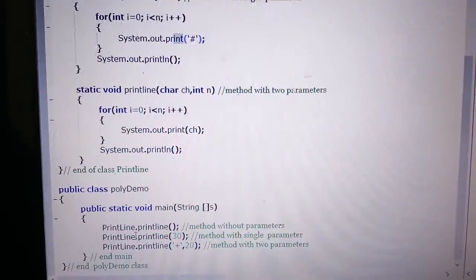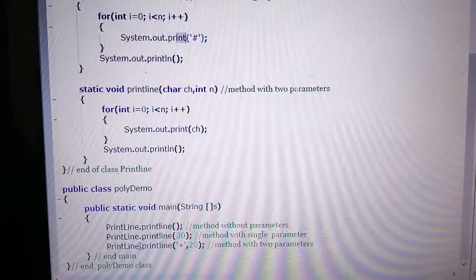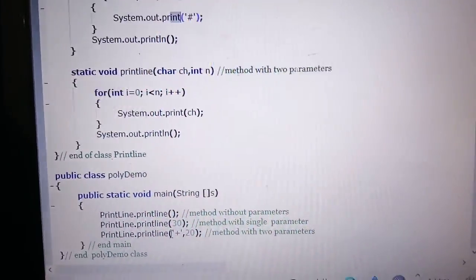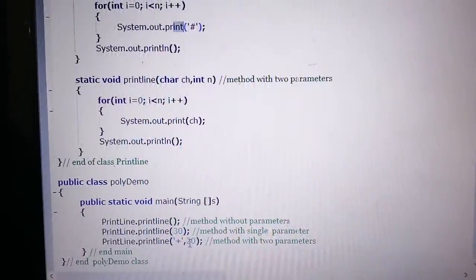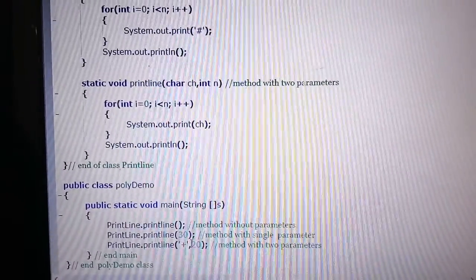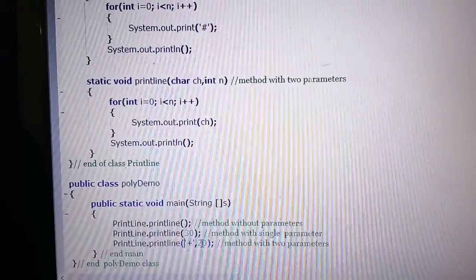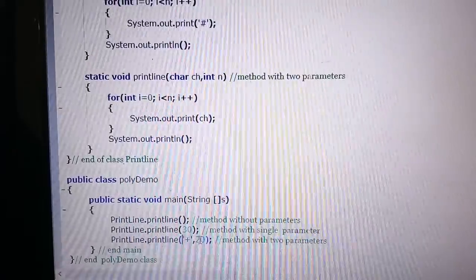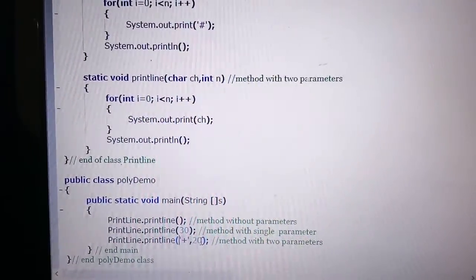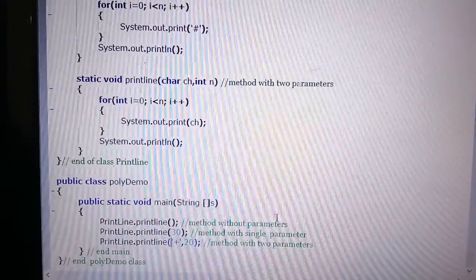Again moving on to main, I am calling the class PrintLine and the printLine method where I am passing two parameters, plus and 20. Here the plus is given in a single quote, which means plus is a char data type, a character data type variable, and 20 is a whole number, which is an integer data type.